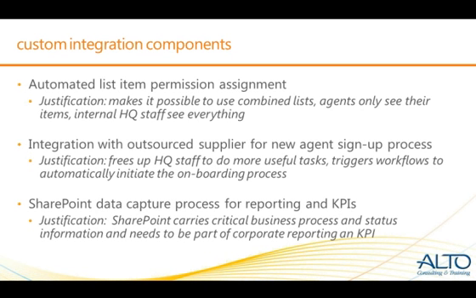The agents obviously don't need to see each other's information, and in fact really legally can't see each other's information, yet the home office staff needs to be able to have views into the entire process at every step of the way. So the only way to accomplish this in SharePoint is to assign unique permissions to each list item,